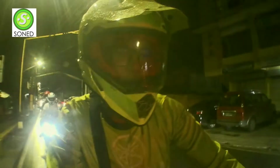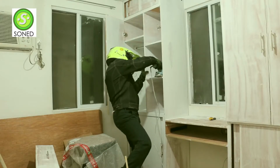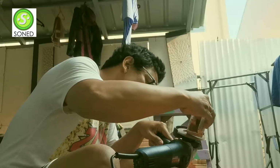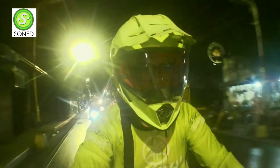So after assembly, I have this Palafox for smoothing out the edges and filling out the gaps, because there are gaps in the wood also, imperfections of the plywood itself that you have bought. Then the next one, what I did, of course, it will not be completed